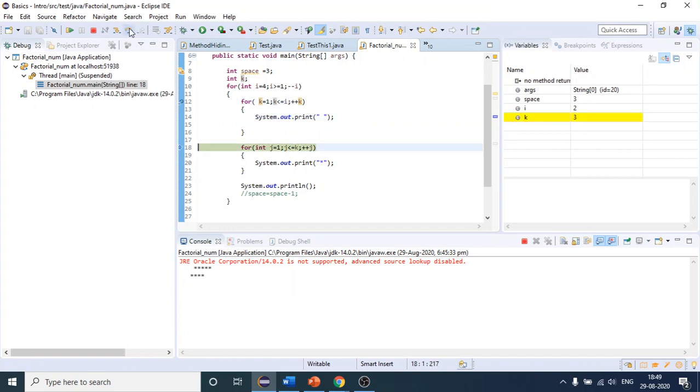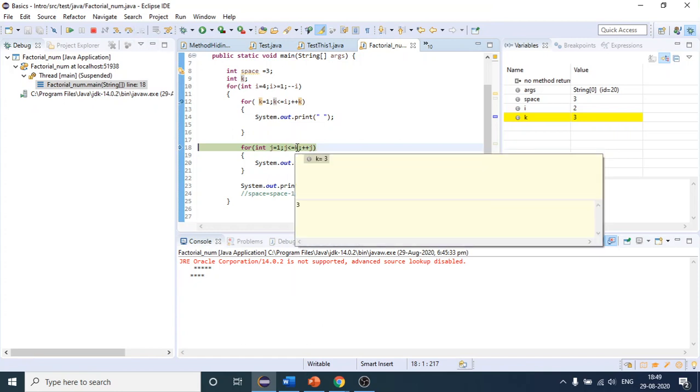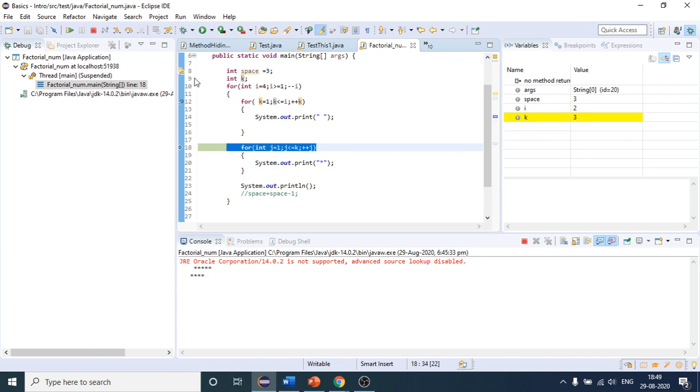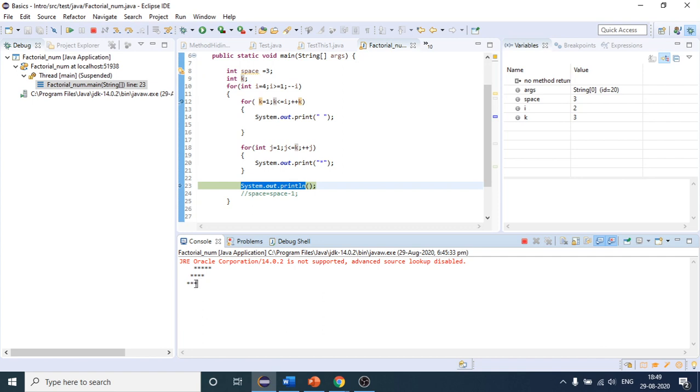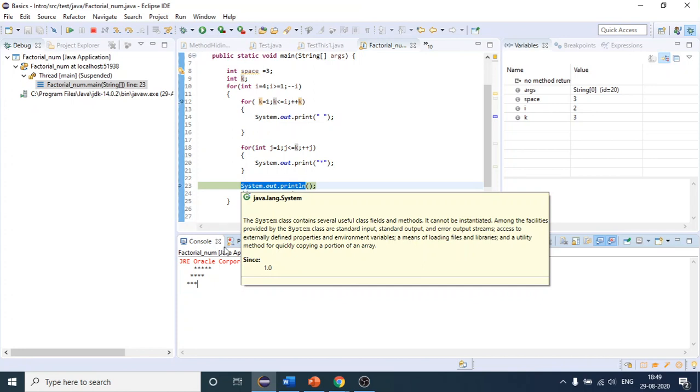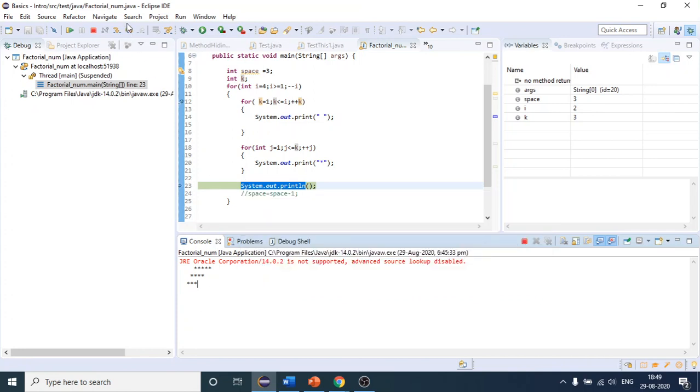It has terminated, and then you can see k value is 3 on the right hand side, and then this loop will run 3 times. As you can see k value is 3, so it will run 3 times and it will print 3 stars, 1 star, 2 star, and then 3 star. Again our line will change. Our cursor as of now is here. After this star, cursor is here, but after I change the line, cursor will come to the next line and it will start from the beginning.